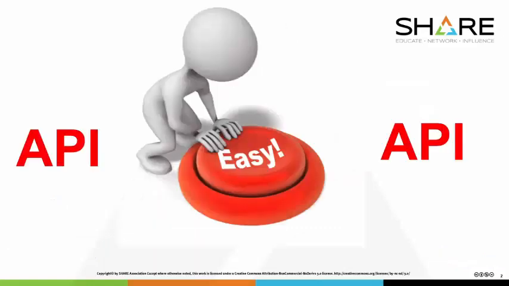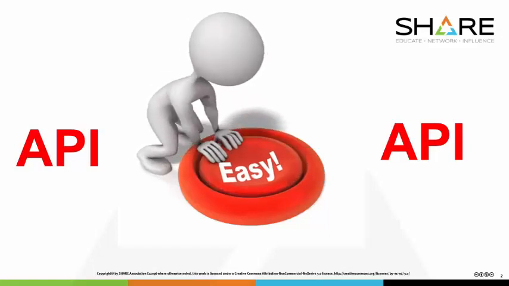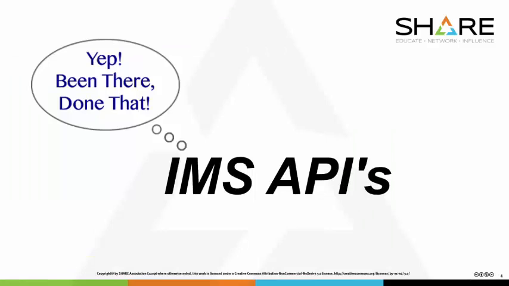So let's get started. When we talk about APIs, or application programming interfaces, most people will assume, oh, it's so easy, I just do one, I have no issues, and I don't have to worry about the back-end systems. Well, I'm here to tell you that's not exactly right. Because you're going to start, you're going to fail, you're going to go back and start again, and you're going to keep trying and failing until you come up with success. And eventually, even once you've succeeded, you've got to go back and change the APIs.